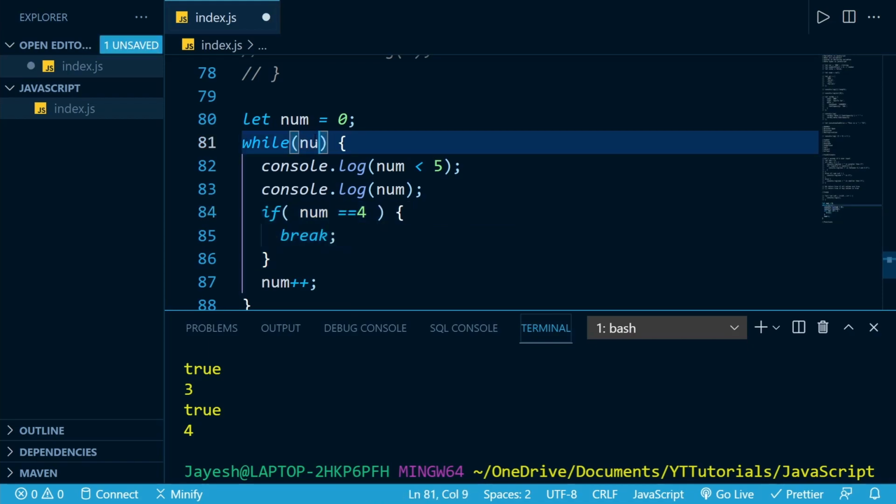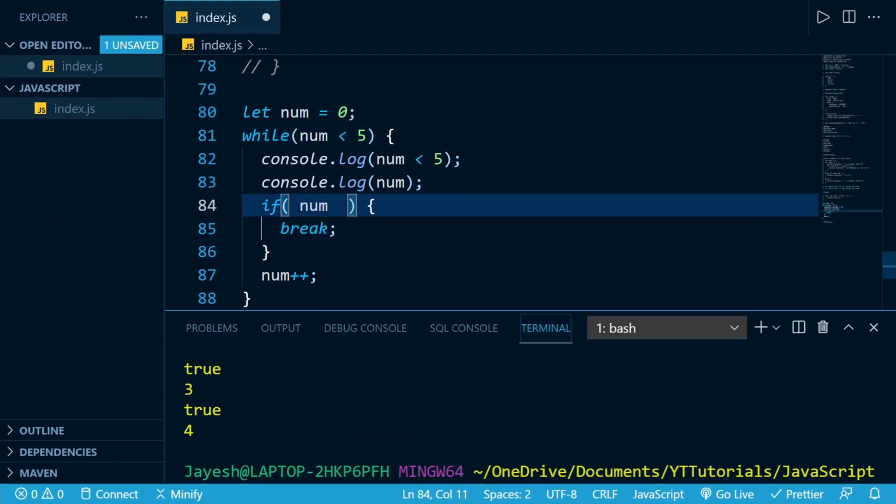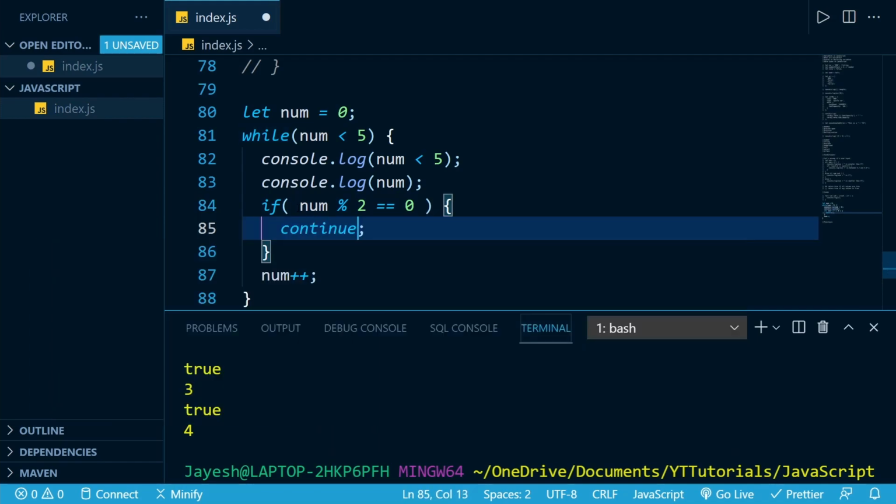For example, let's again do while num is less than 5, and let's just say we do not want to print even numbers. So let's do if num % 2 equals 0, that is if our number is even, what we can do is we can use the continue keyword.